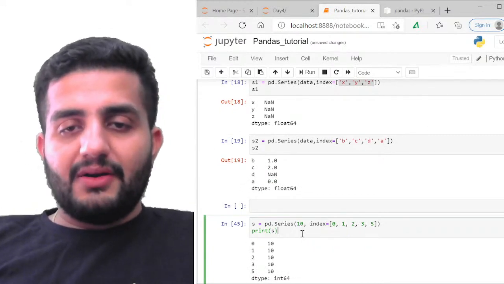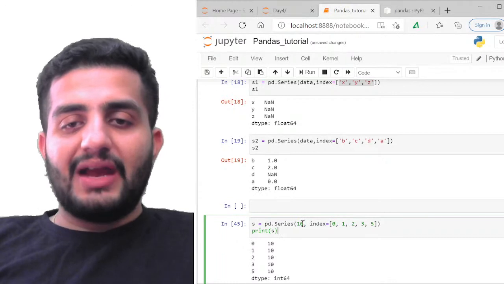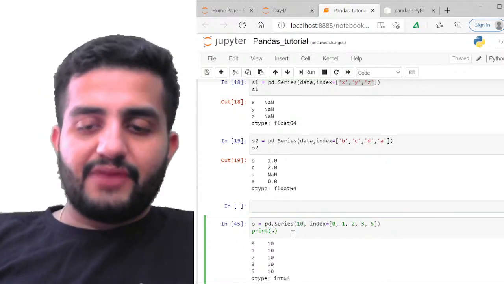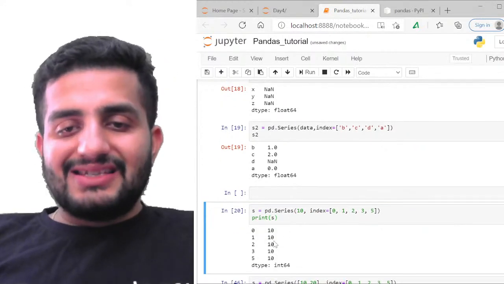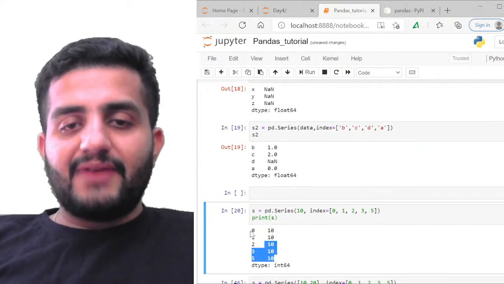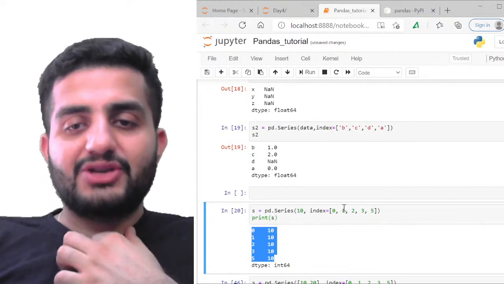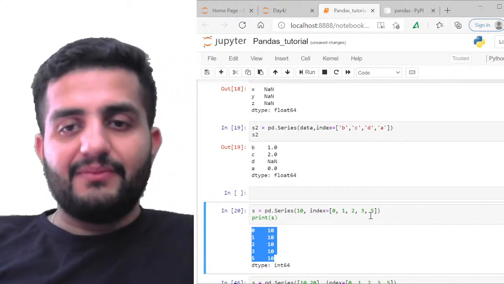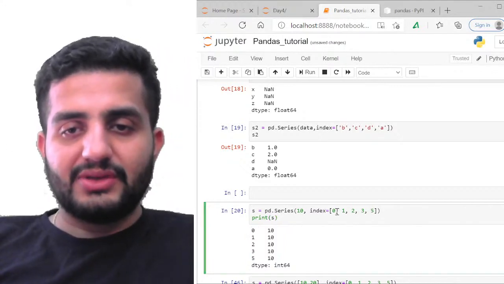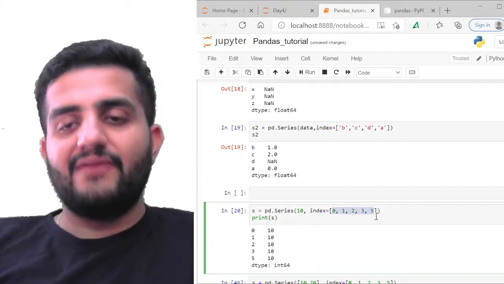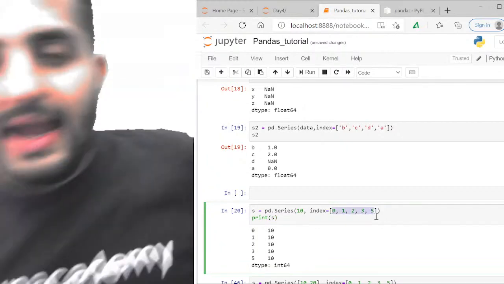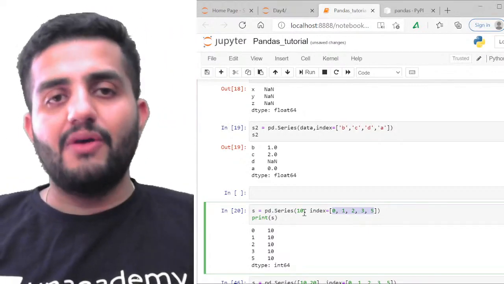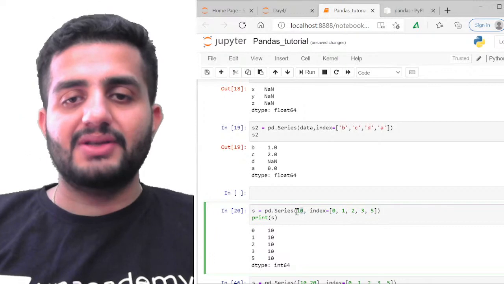Again, a standard type. If we want to use a scalar value, say 10, and the indexes are 0, 1, 2, 3, and 4, and I run it like this, you can see the same data has been repeated 5 times. There are 5 indexes, so 5 data points, and I'm writing the series element with the value of 10, a scalar value.